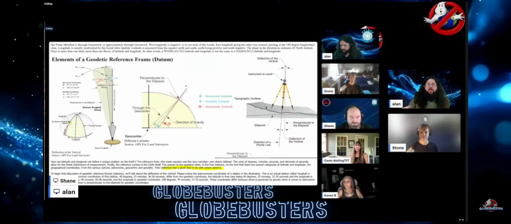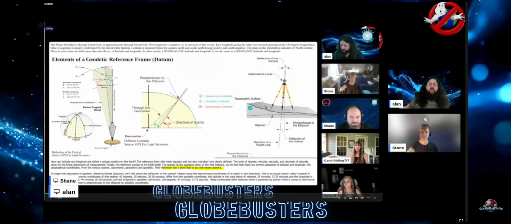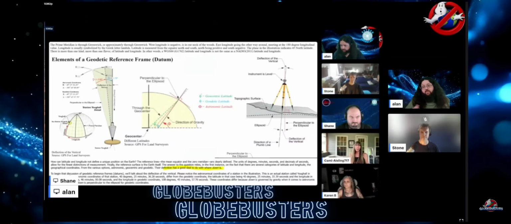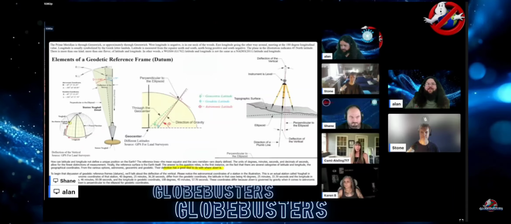So when they take a zenith measurement of a star and it's not exactly transiting at the time when they say it should be over their zenith, they say that, well, their instrument actually isn't truly level. It's not perpendicular to the gravitational potential. There's some anomaly, and they have to literally account for an angle offset to the center of the earth, and they take that deviation as a correction for the deflection of the vertical. And after applying that, they say you would technically be aligned with the zenith of that star. And they're like, oh, look, we lined up with our ground position hypothesis about the earth being a globe. So this is where all that comes from and why it's necessary to do that.